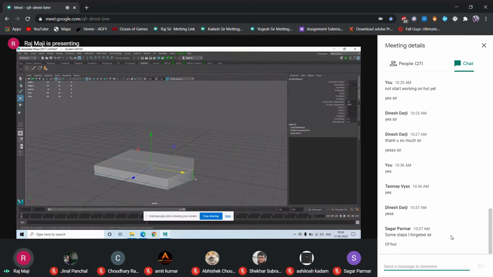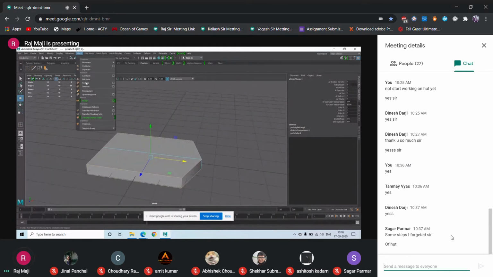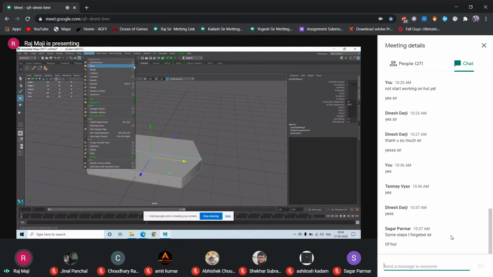Selecting all the edges except this, this, and this. This loop I'm not selecting, and let's go to edit mesh and bevel.